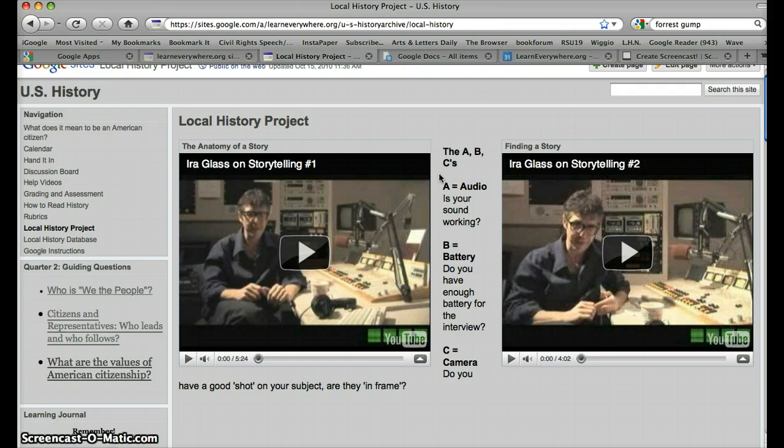a big fight at a party, a boyfriend and girlfriend breakup, and you weren't there, but many of your friends were there, and they all tell you what they saw, what they heard. At that point, you become a really valuable secondary source. You have multiple perspectives, and you could talk about what happened at that party based on those multiple perspectives. Now, what I want to stress is that secondary sources are not necessarily less valuable than primary sources.